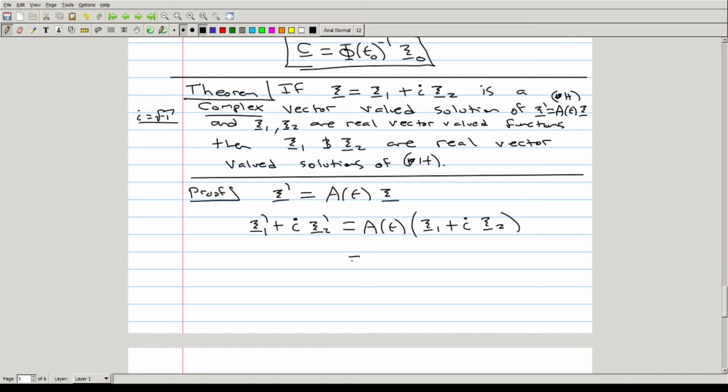So this expression can be rewritten as the matrix A of T times xi1 plus I times A of T times xi2,